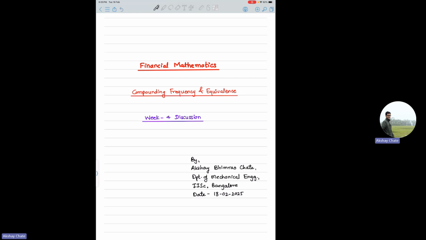In the previous class, we usually did not consider this parameter. We just took the interest rate that was given,